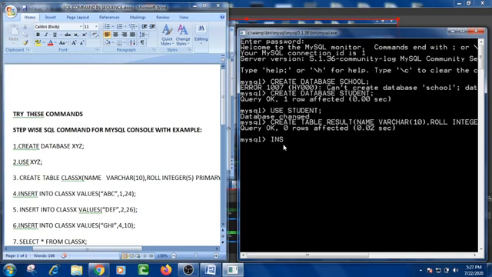Now for this purpose I am going to use insert into, name of the table is result. Now give the bracket, open bracket, name, suppose that I am writing the name, give any name, suppose that I am giving ABC.